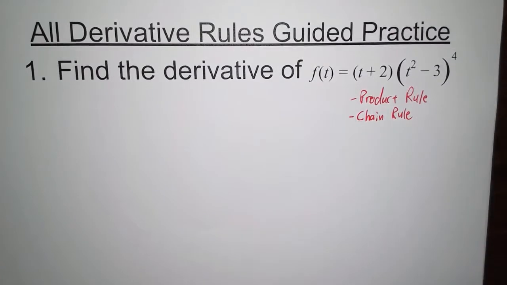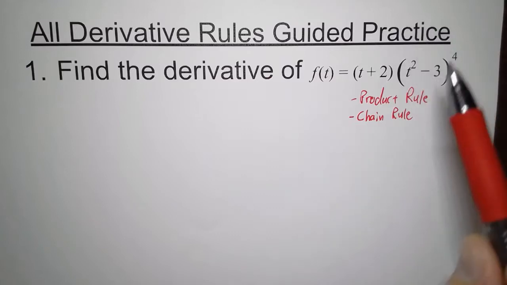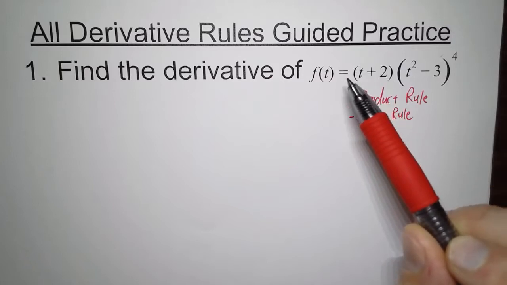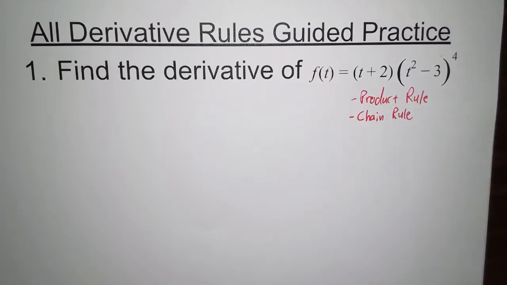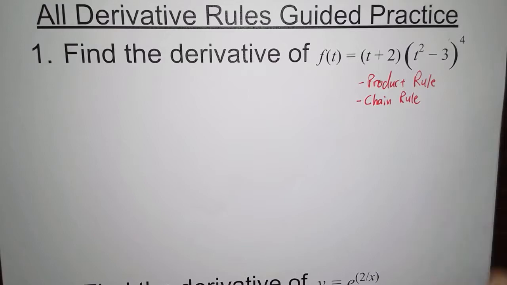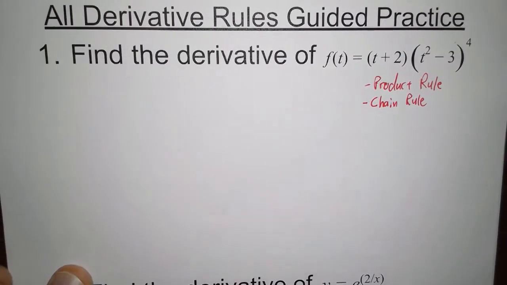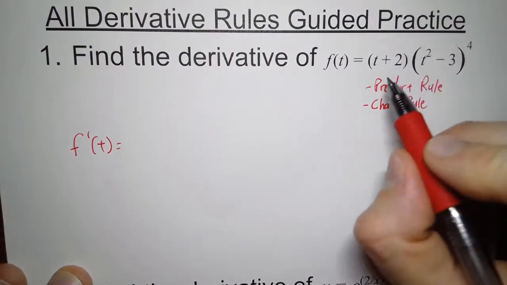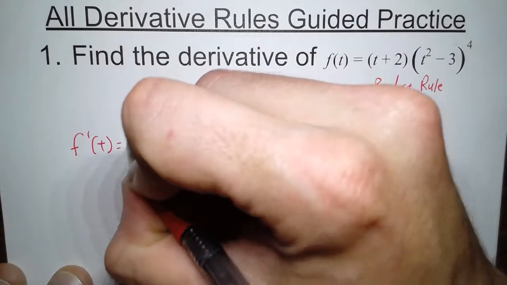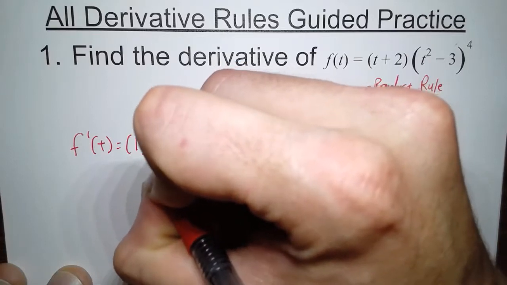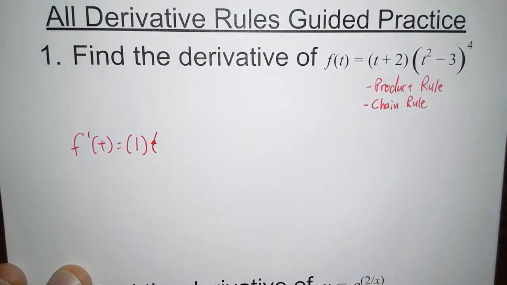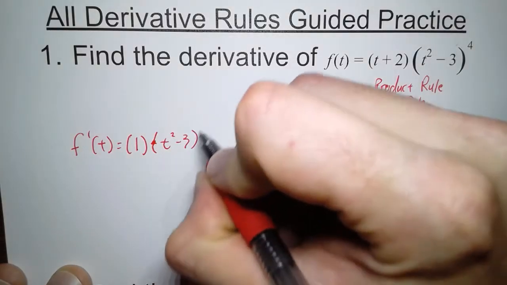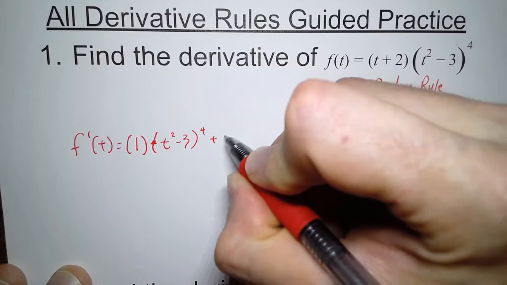Now different people will teach it differently, but the way I like to approach it is chain rule is just a part of the problem, whereas product rule is kind of an overview of the entire thing. So the way I'll approach this is we're going to start with product rule. So f prime of t equals, so first we take the derivative of t plus 2, which is 1, times, and we'll leave this quantity alone, t squared minus 3 to the fourth power, and to that we add t